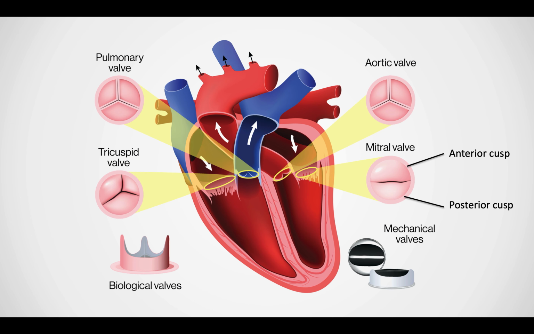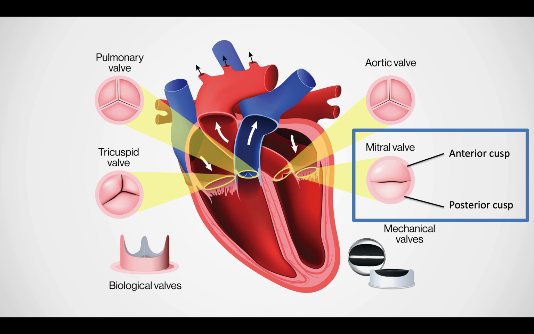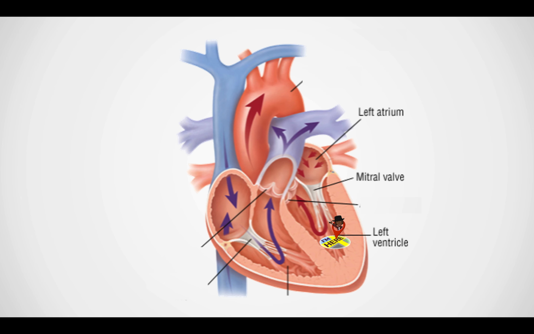So again, the mitral valve is called the bicuspid valve because it has an anterior and posterior cusp. These two cusps are connected to the papillary muscles in the left ventricle via the chordae tendineae. When the left ventricle completely fills with blood, the mitral valve closes off to prevent any backflow into the left